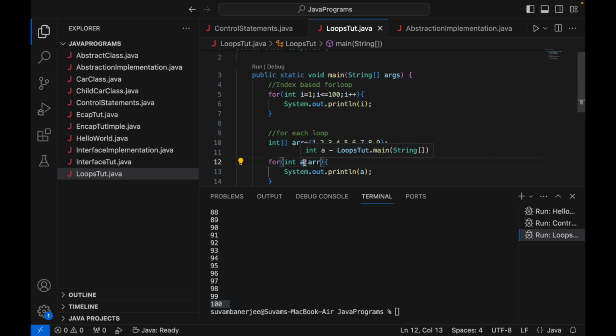So we are assigning each value as a, from arr, the array. For each element of this array, we will execute this loop and print it here, right? Easy. Let me comment this,